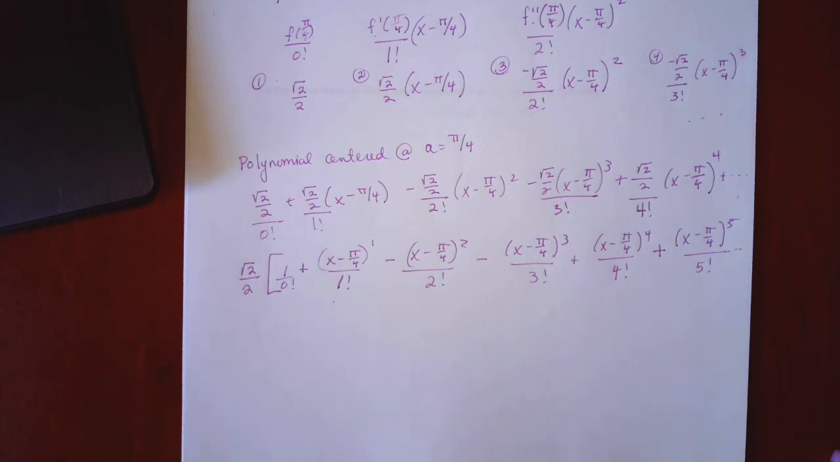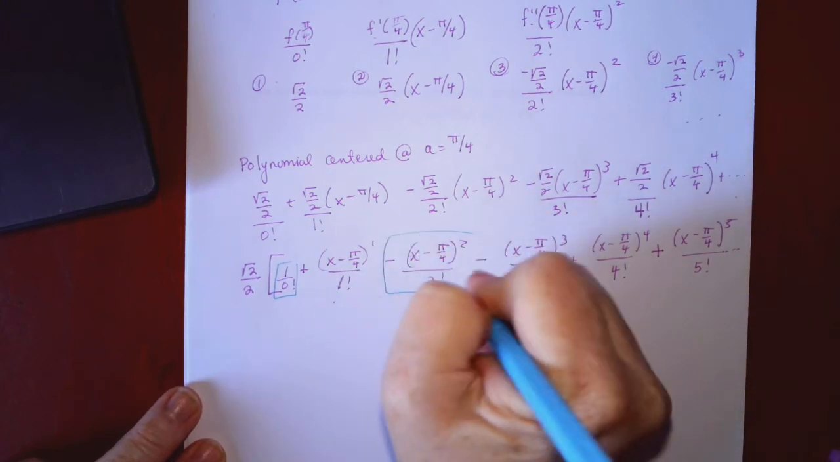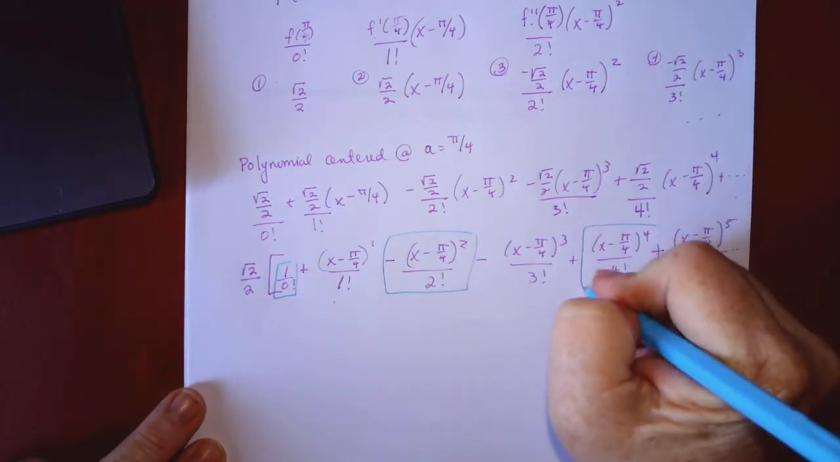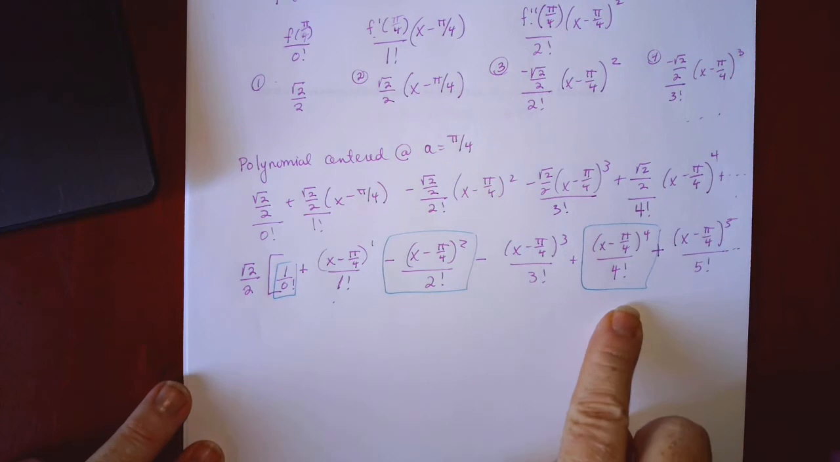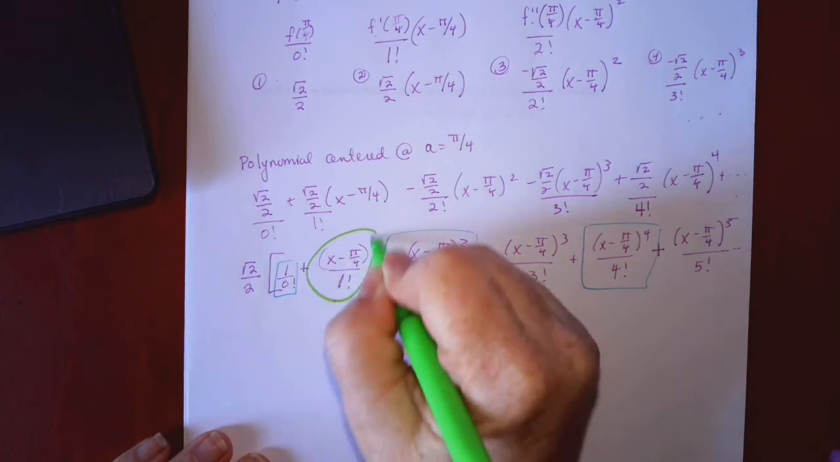And so I'm going to rewrite the orders. I'm going to take this term, this term, this term, in other words, the even powers, and I'm going to group them together. And I'm going to also group the odd powers together. So I'm going to also group this one,